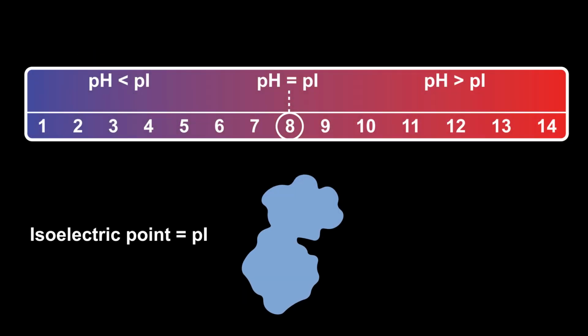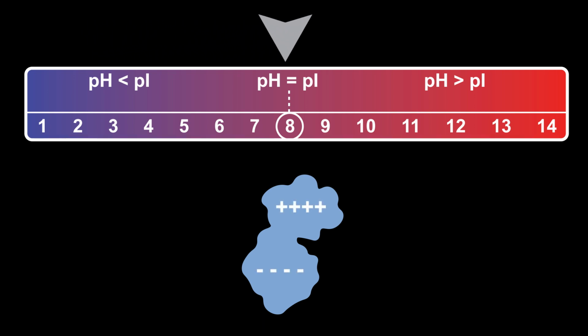Since proteins are simply a string of amino acids, we can alter the overall charge of the protein by changing the pH of the buffer or solution it is in. For instance, when the isoelectric point, or pI, of a protein is equal to the pH of the solution, the net charge of the protein is 0. However, if we increase the pH of the solution so that the pH is greater than the pI, the protein has a net negative charge. In contrast, if we lower the pH so that the pH is less than the pI, the protein has a